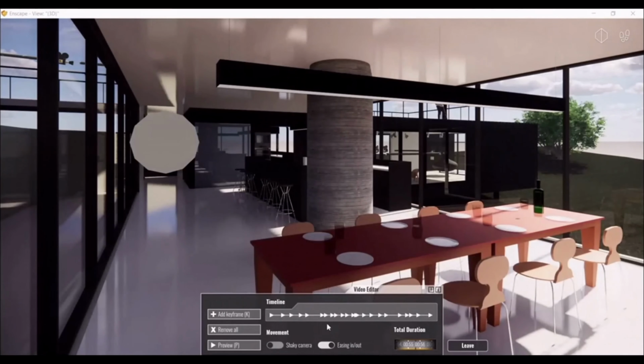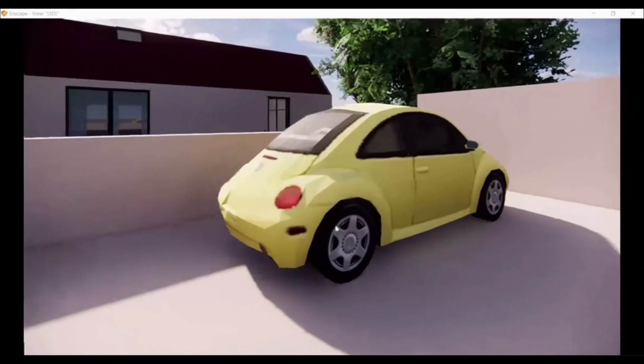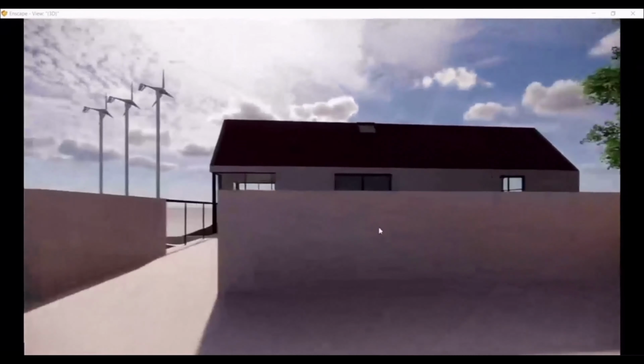This is done, and you want to preview. So from that position, it will play for you.